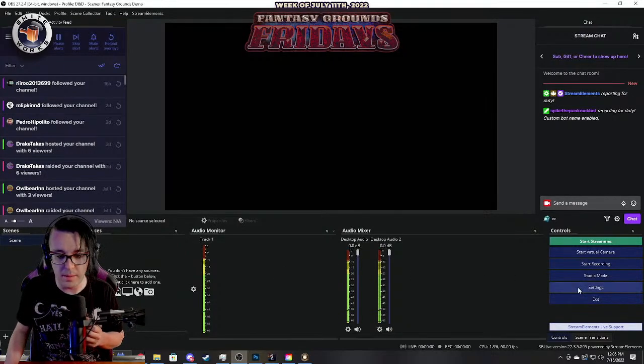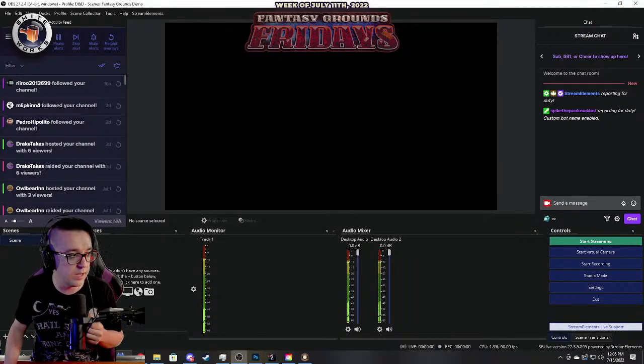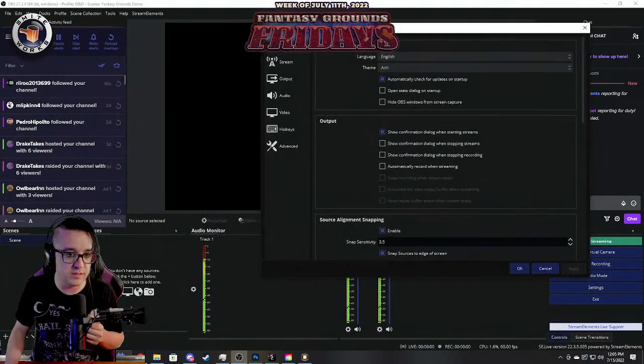And my first tip is obviously we're going to need to create some scenes. I'm kind of blocking it. When we actually get into scene creation, I'll move my window to the side to make it a little easier to see. But the first thing is you want to go into your settings, and we're going to want to